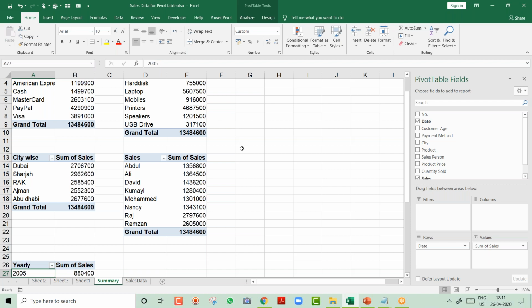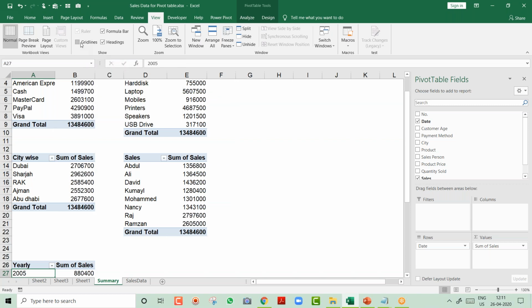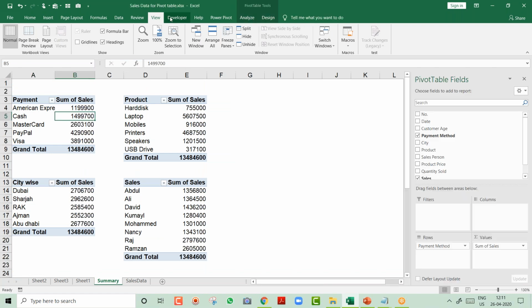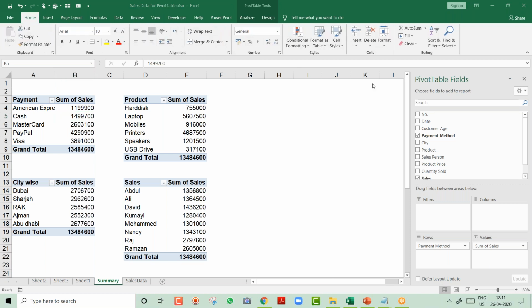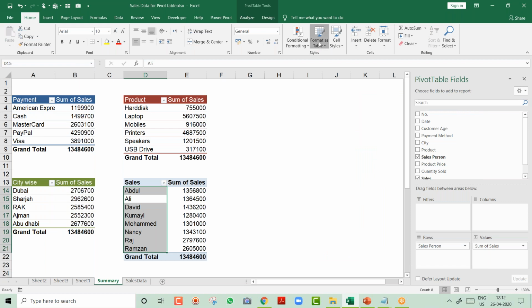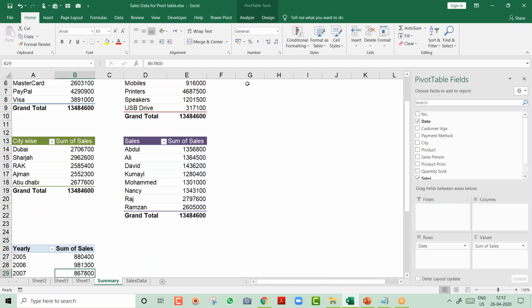Oh, I don't like this gray grid lines color. So I go to the View tab and over here you get an option, Gridlines. I will uncheck the gridlines and your sheet becomes white. Oh, I wanted to give some colors to it so that it looks nice. So I go to Home, and you can spend a few seconds on this as well. Go to Format as Table and change all the colors. Don't take any dark color. Take a medium color like this so it looks good. Remember, even if your sales are very low, your formatting should be good. So make sure you do the formatting nicely.